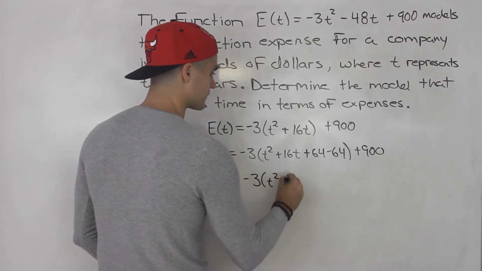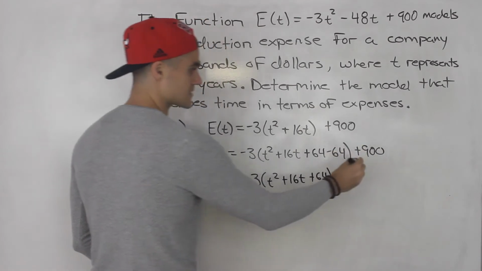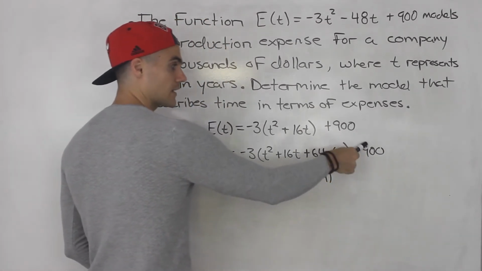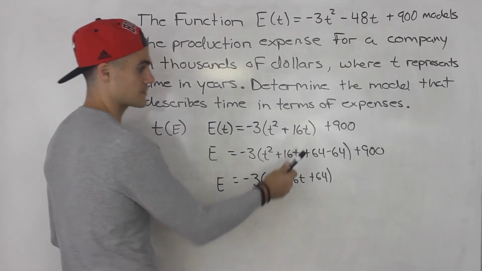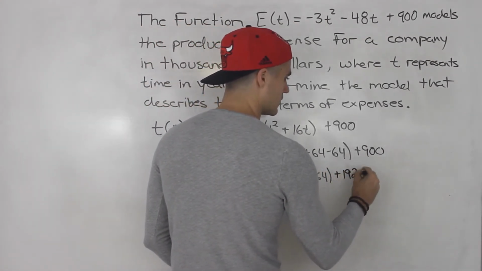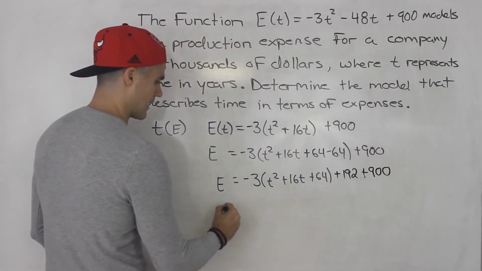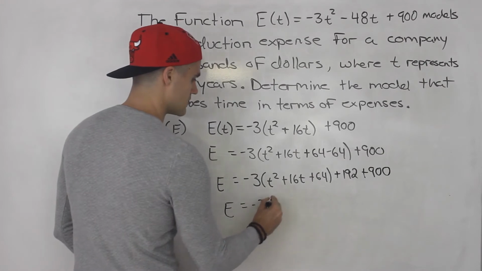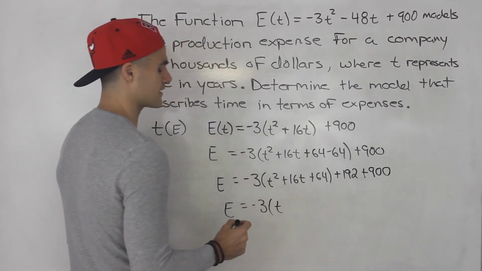we factor out this negative 64. Take out the negative 64 from the bracket, you've got to multiply it by what's in front. Negative 3 times negative 64 gives us positive 192. Then we'll have plus 900 here. And then this here always factors into a